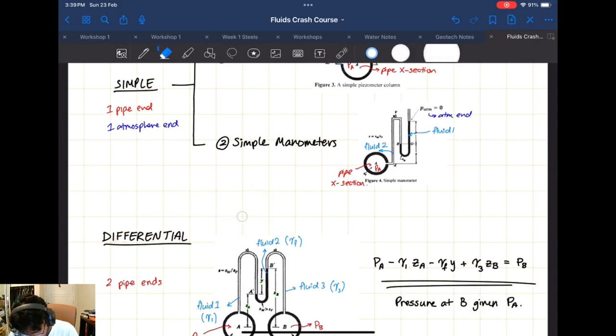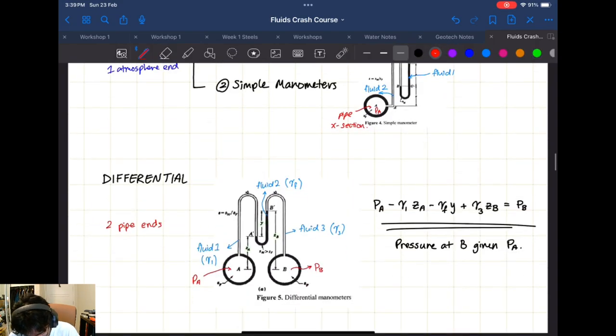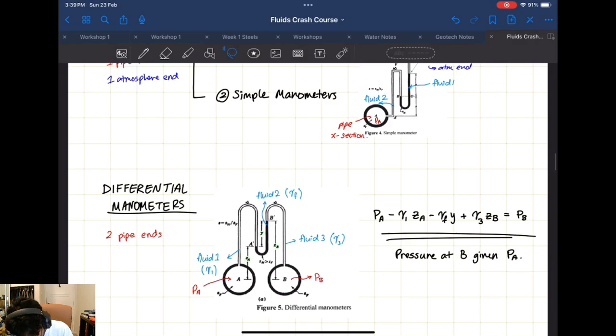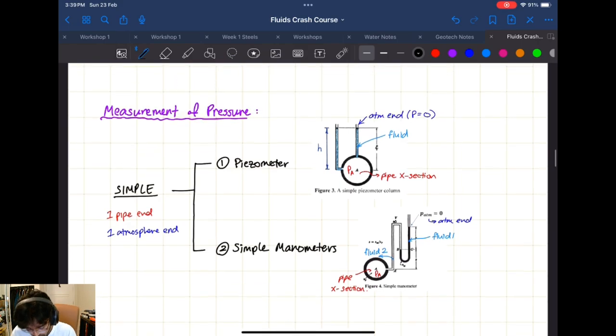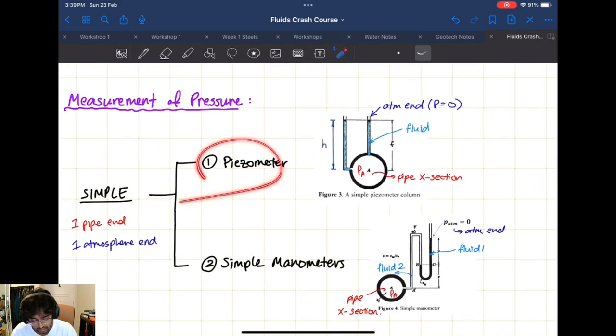Okay, I should probably write it as differential manometers. So when it comes to simple calculations, so using either a piezometer or a simple manometer, there's always going to be one pipe end and one atmospheric end. So pipe end meaning